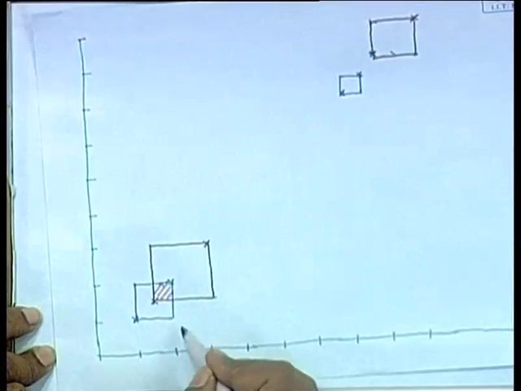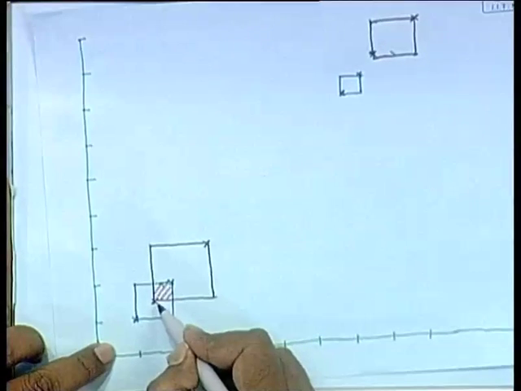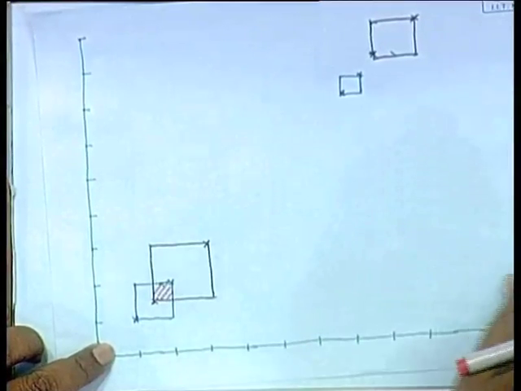Okay. So, here you find that the max point is given by 0.2 and the min point is given by 0.15. Okay. So, accordingly,